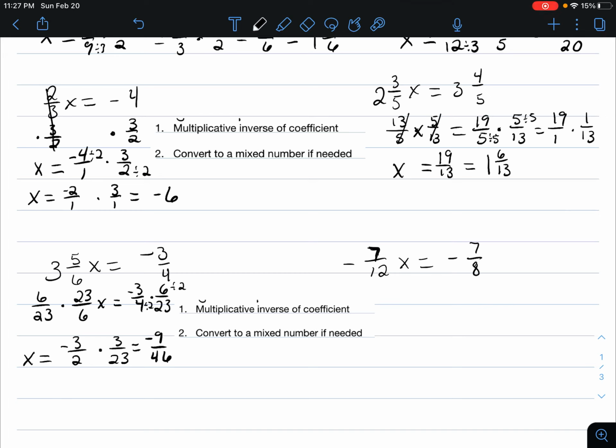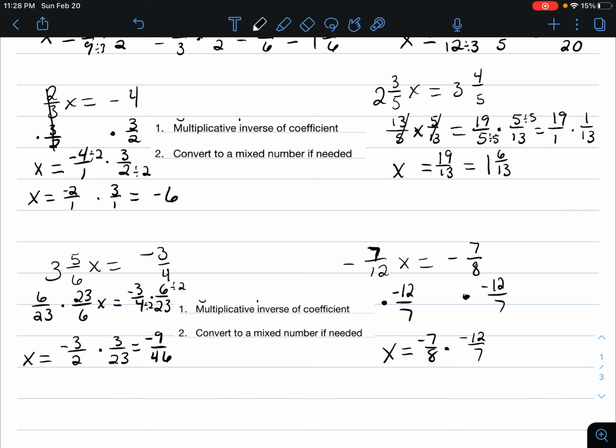Okay, last one. Note this is a negative and a negative. So when you multiply them, you're going to get a positive. So multiply first both sides by the multiplicative inverse. So the multiplicative inverse of 7/12 is going to be negative 12/7. So we multiply both sides by that. Okay, so here we have x equals negative 7/8 times